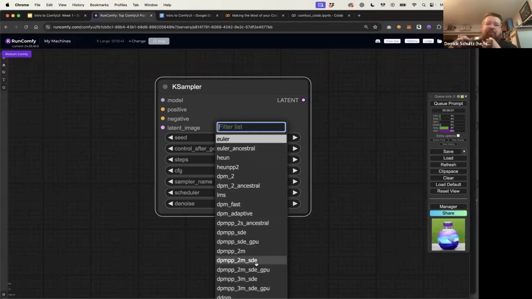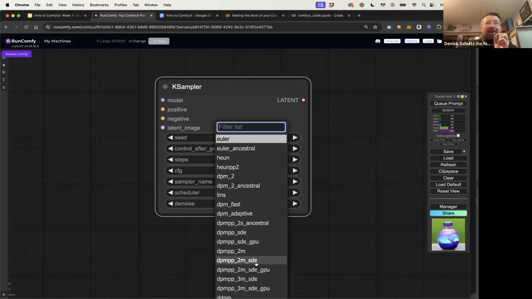So the reason that this is important is for most people, their workflow is you start with a low number of steps, you generate your base image, you pick from 100 images and you find your favorite seed, and then you crank up the steps to get a higher quality image. The problem is if you try to do that with these stochastic models, you will never get the same image. So most people avoid those stochastic models because it doesn't allow for that nice workflow of generate a lot of images fast, pick your favorite, and then improve it.